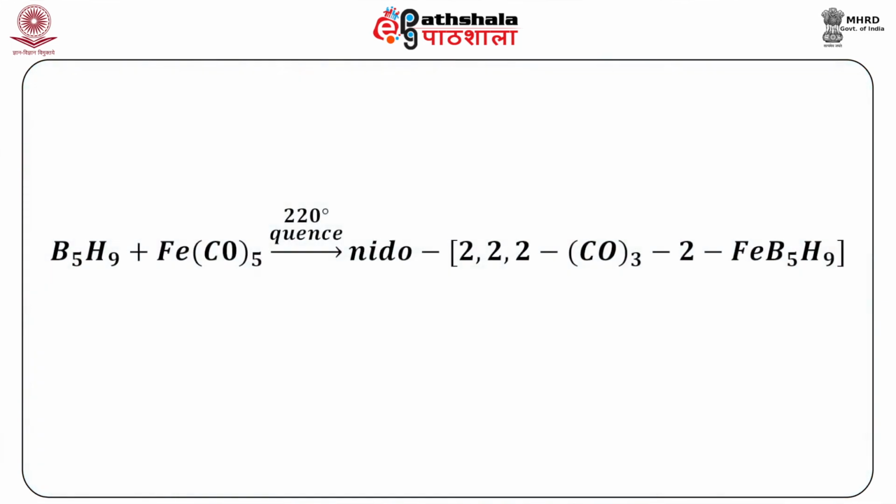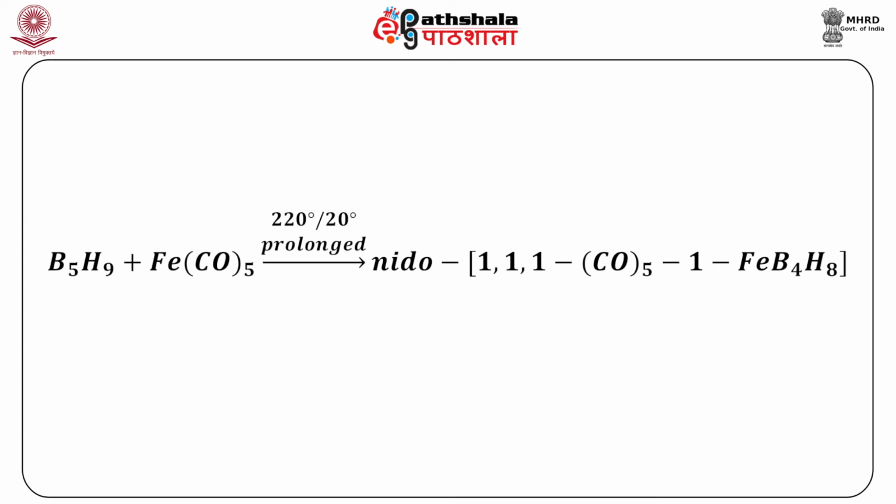For example, as shown here, B5H9 when reacted with iron carbonyl at 220 degrees and the reaction is quenched, we get nido-222 tricarbonyl 2Fe B5H9. However, when the same reaction is allowed for a prolonged period of time, the product obtained is